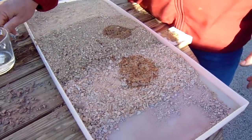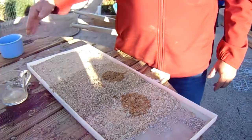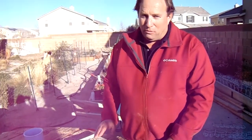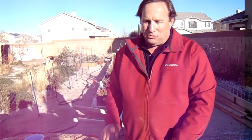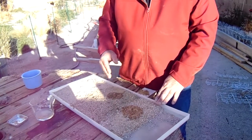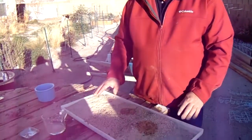But the long and the short is that if you're making a pathway, you want to use a decomposed granite. Preferably you want to use a decomposed granite that's been screened to a 1/4 inch minus. That reduces the amount of larger pebbles that will be walked into an indoor area, but still provides enough traction for the person walking across it. A decomposed granite with a 3/8 pebble is very good for general landscape ground cover and great for utility cart pathways. So that's kind of the basics as to why